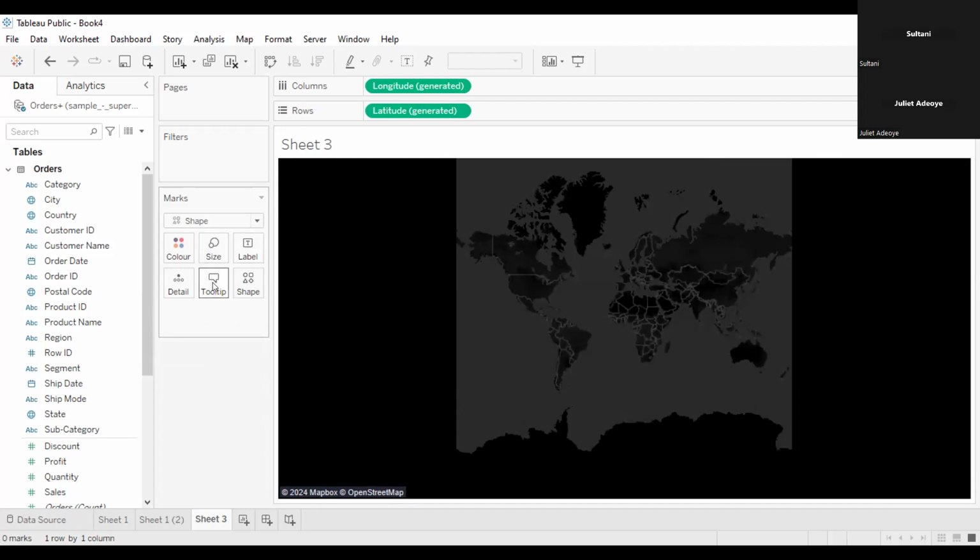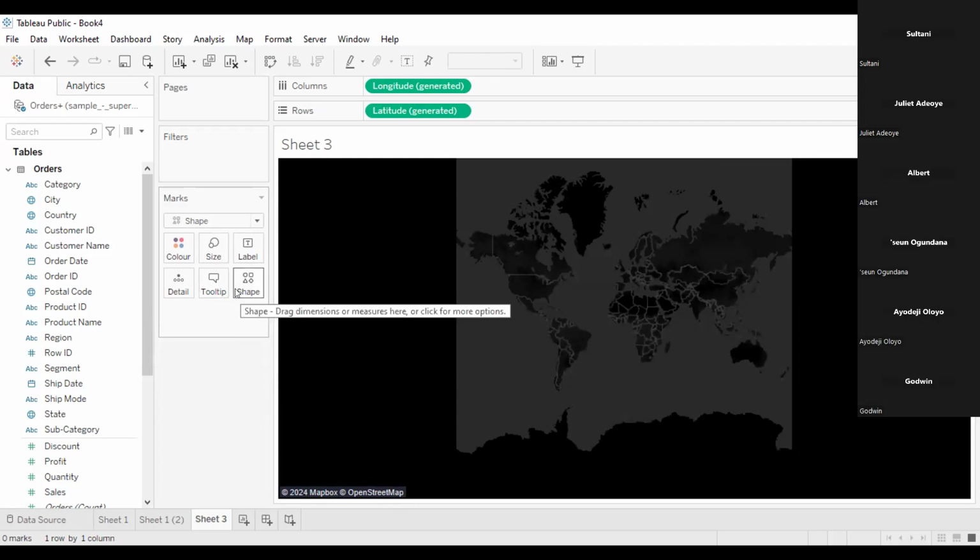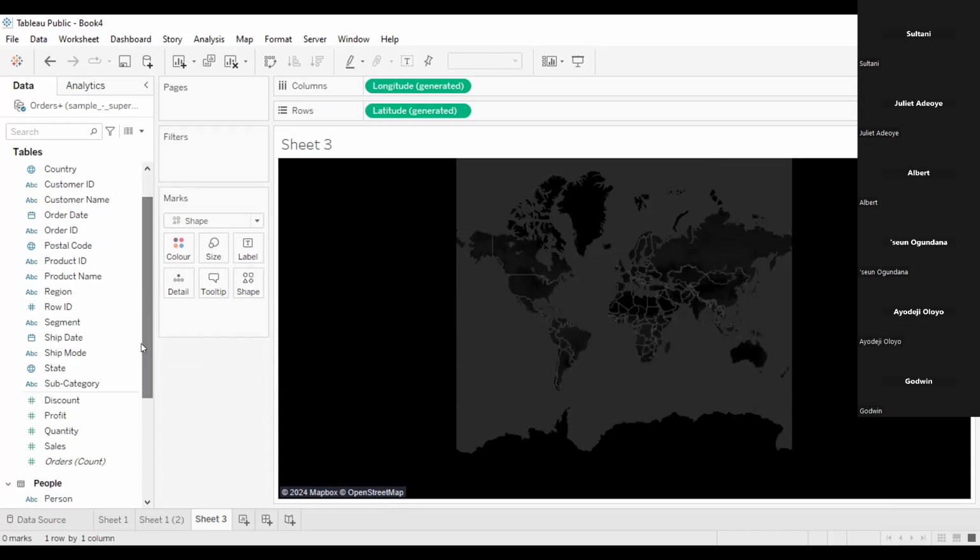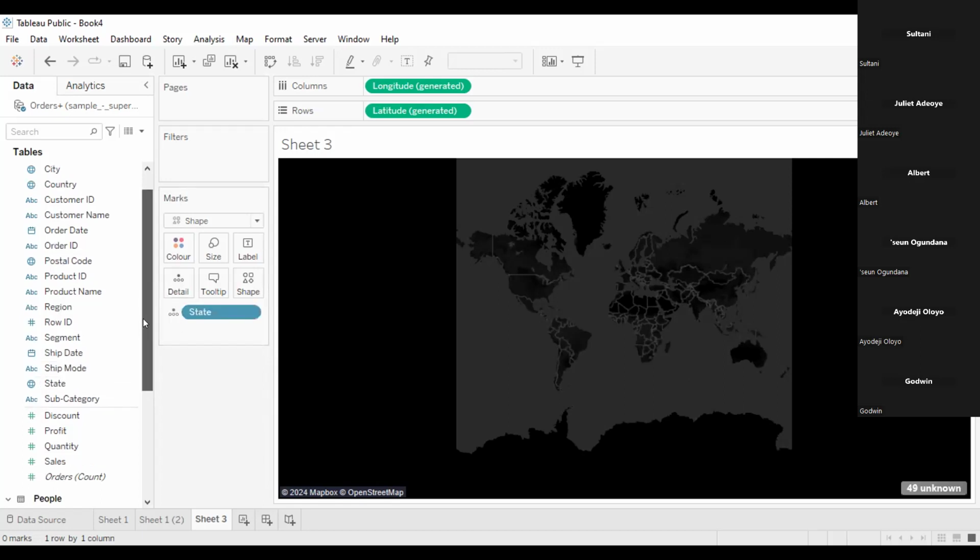So what you have done now is, if you have it on shape, because you don't have hierarchy, right, you are dealing with states. So bring states, put states in detail. That's the point of hierarchy. When you put hierarchy, that's why I have so many on my side, because I created a hierarchy. So now that you have state there in detail, what you can do now is bring in your